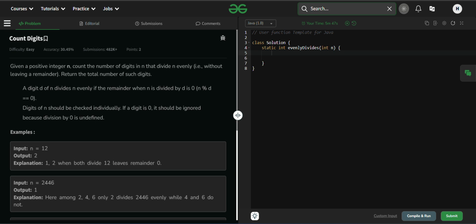So let's try to program this logic into code. First, we need to declare a variable to store the count of digits. So let it be count, and let it be 0, since there is no count at the beginning. And then we need to store the given number in another variable. Let it be num,